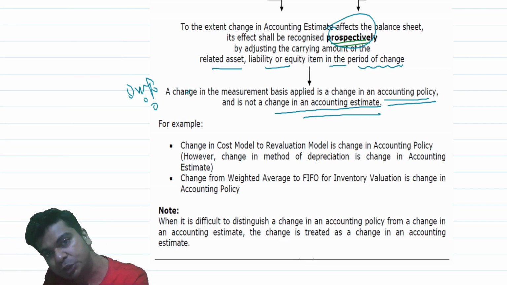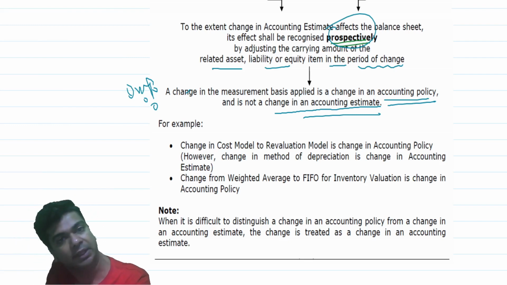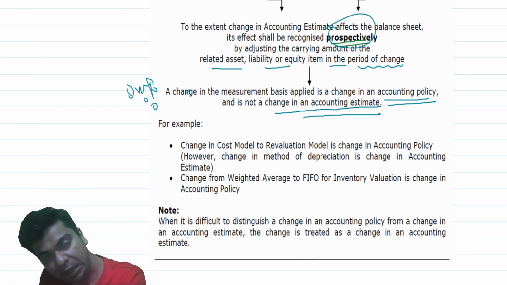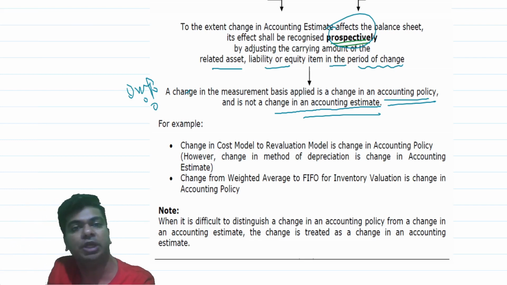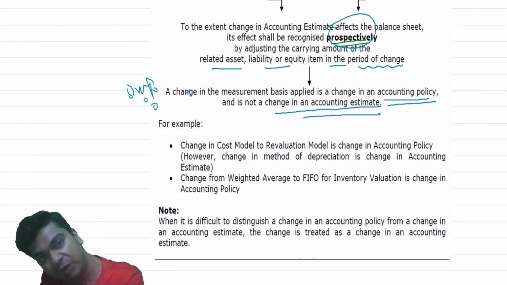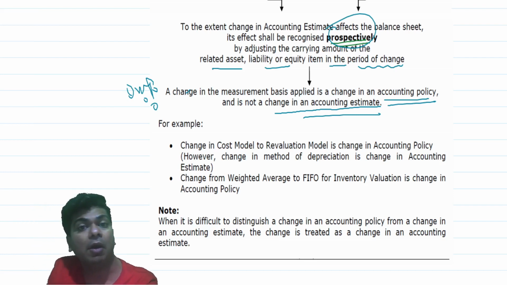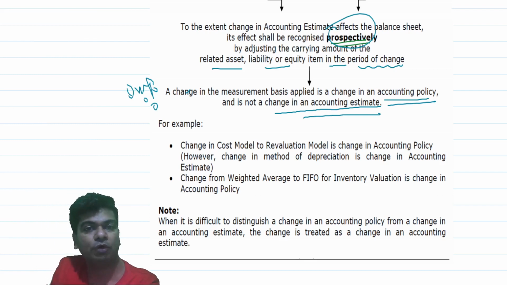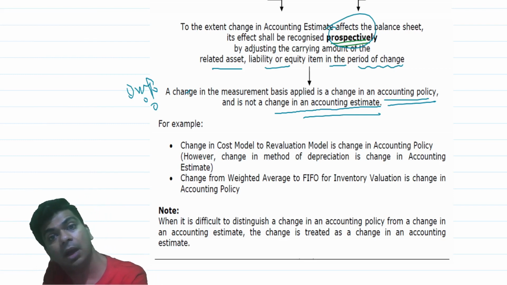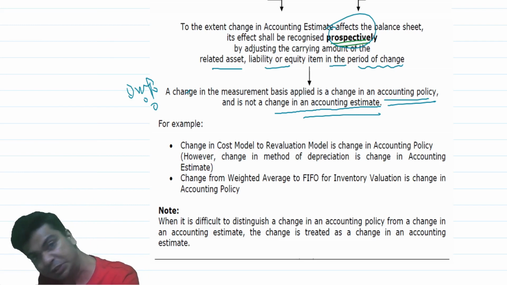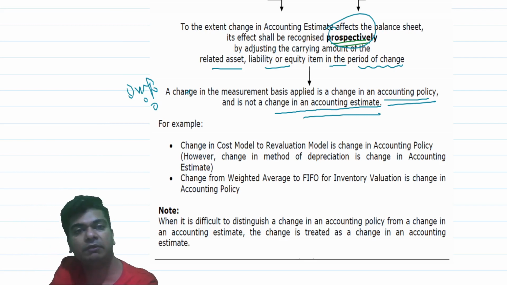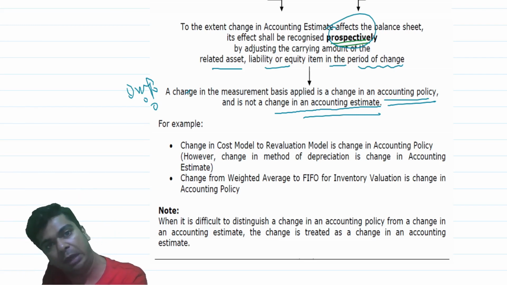You know, whenever we are asked to give examples of change in accounting policies, one of the first examples that strikes us is that when we change the method of depreciation, all these years we have been understanding change in method of depreciation as a change in accounting policy, and hence we have been giving its effect retrospectively. But Ind AS 16 says that when you change the method of depreciation, it is a change in accounting estimate. It is no longer a change in accounting policy, and hence when you move from SLM to WDV or WDV to SLM, you have to give its effect